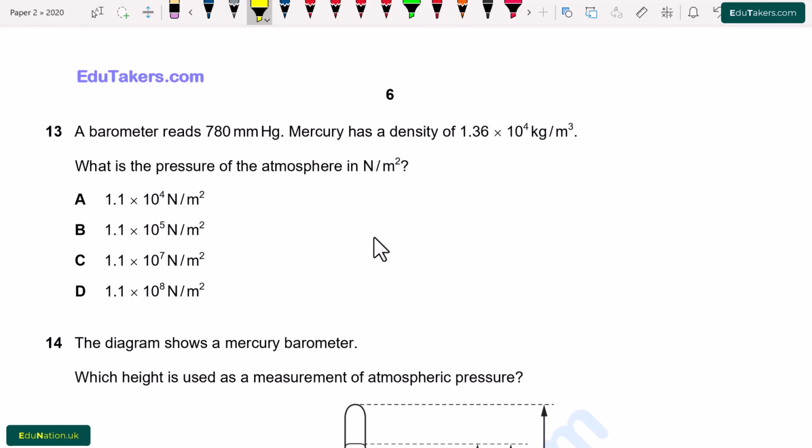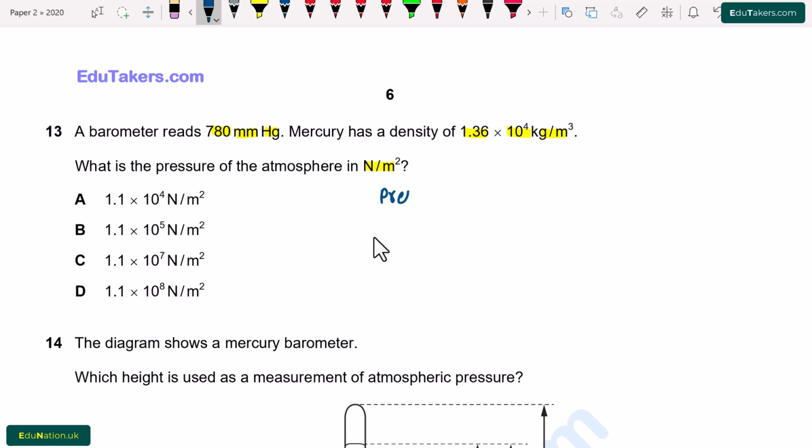Question number 13. A barometer reads 780 mm Hg. Mercury has a density of 1.36 into 10 to the power 4 kilogram per meter cubed. What is the pressure of the atmosphere in Newton per meter squared? So here we have to find the atmospheric pressure. I write here